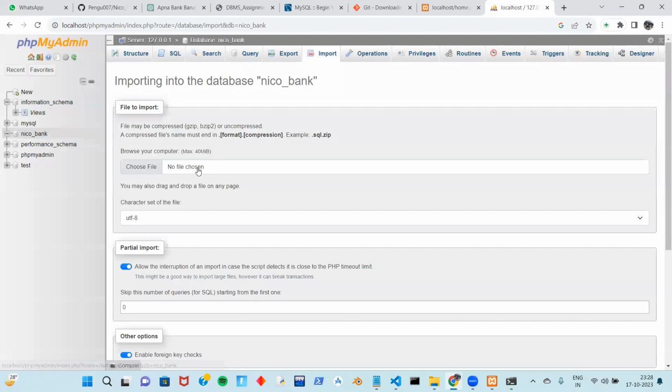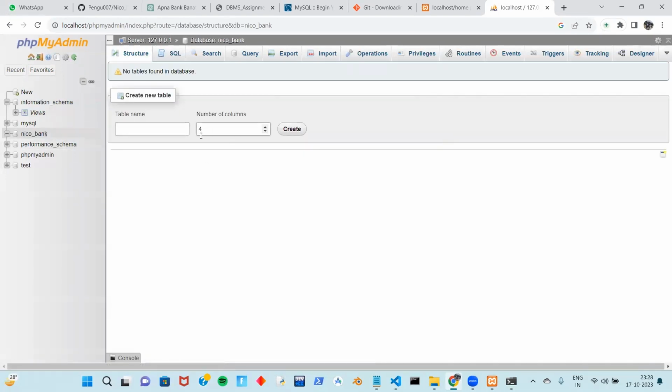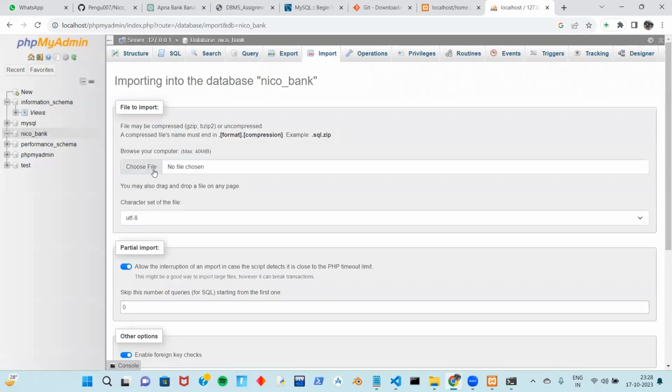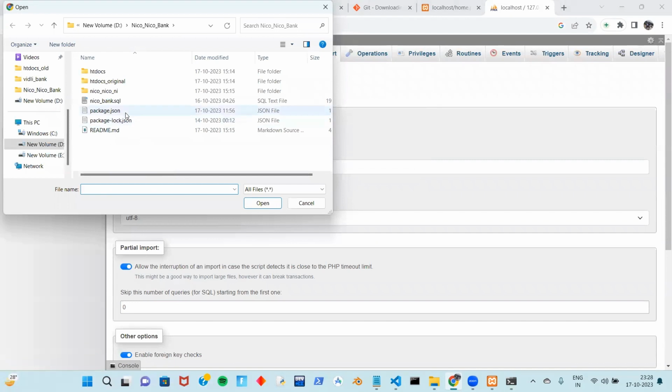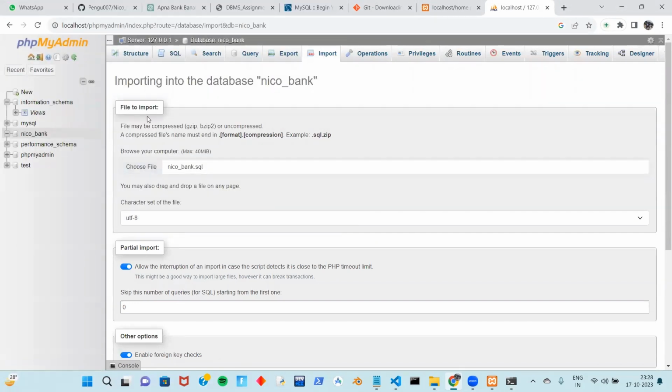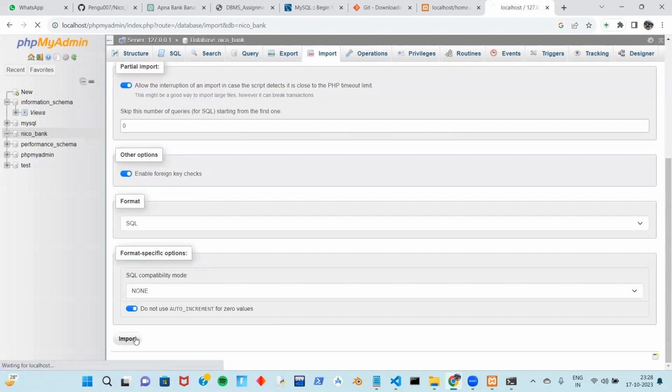Create. Tap on Import. As you can see, there are no tables inside Nico Bank. It says to create tables. So what will you do? You will import. Choose file, choose our nicobank.sql, open. It is selected. Tap on Import,